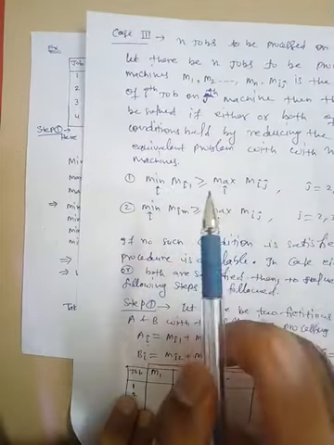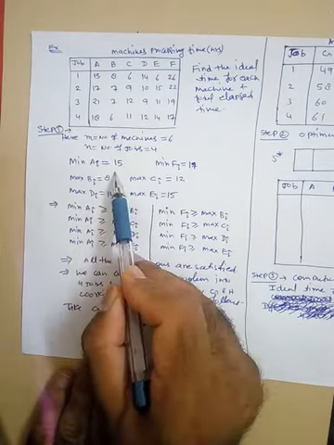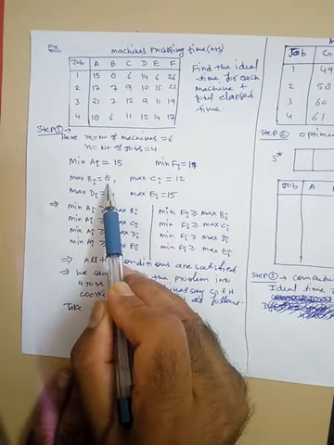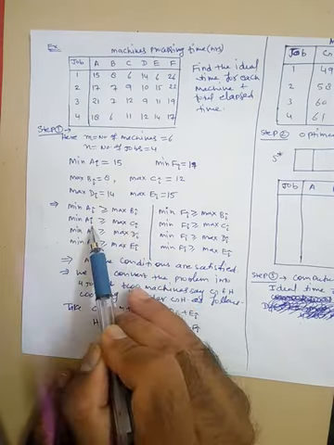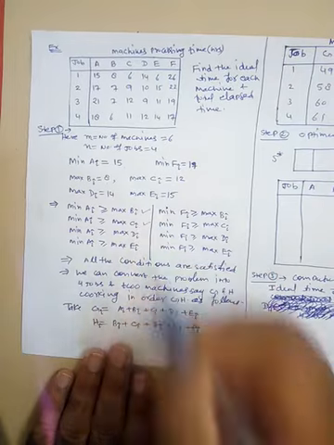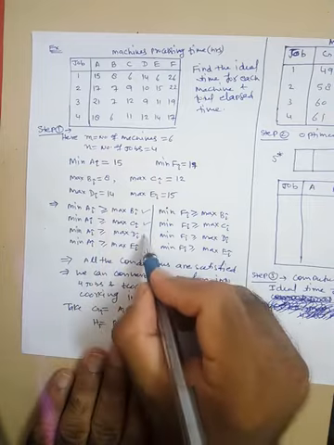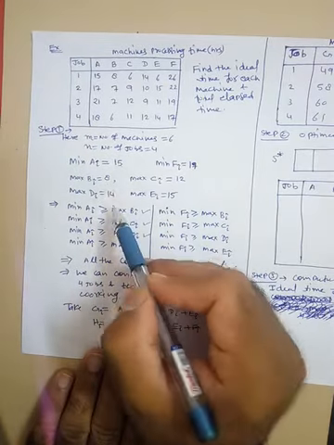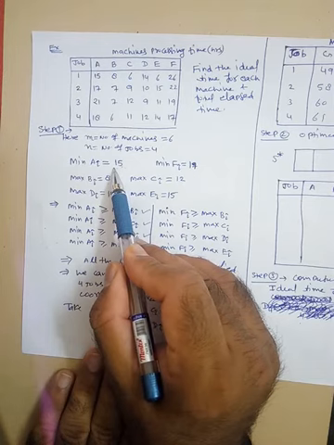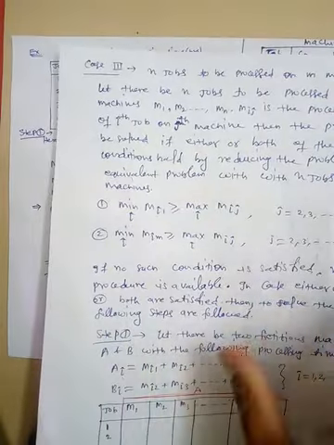Now we will check the first condition for each machine. The minimum of the first machine is 15, the maximum of B is 8, so 15 is greater than 8. The minimum is 15 but the maximum of C is 12, so this holds. Now the maximum of D_i is 14, so this condition also holds because 15 is greater than 14. Similarly, the minimum of A_i is 15 and the maximum of E_i is 15, so this also holds. So this condition holds for each machine.